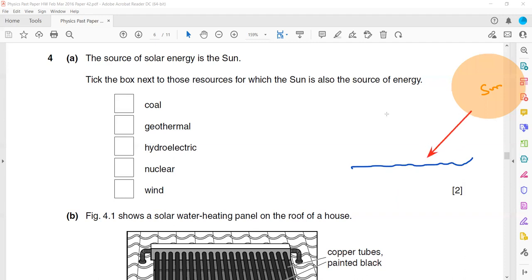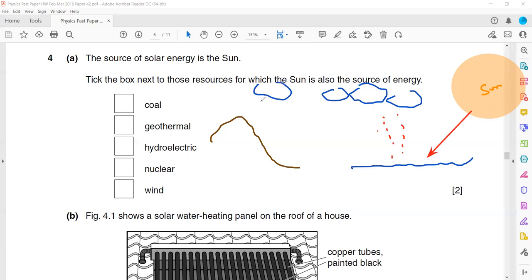This water will evaporate, and as a result it will form clouds. And when these clouds move from one region to another, it normally rains at a higher altitude. So when it rains at a higher altitude, the water starts to flow,